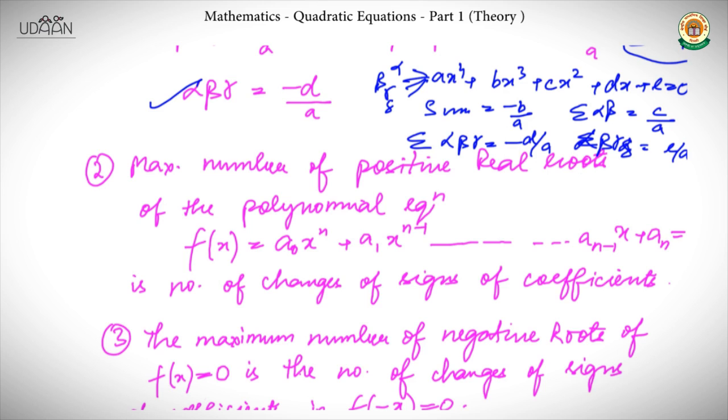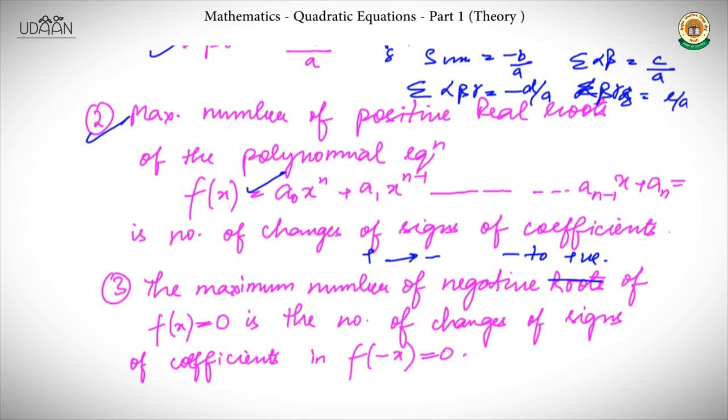Then the maximum number of positive real roots that this equation can have is the number of changes of sign of coefficients, that is from positive to negative and from negative to positive. Similarly, we have another result: the maximum number of negative roots of the polynomial f of x equal to 0 we defined above